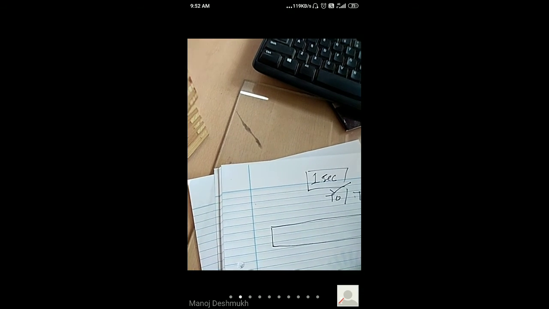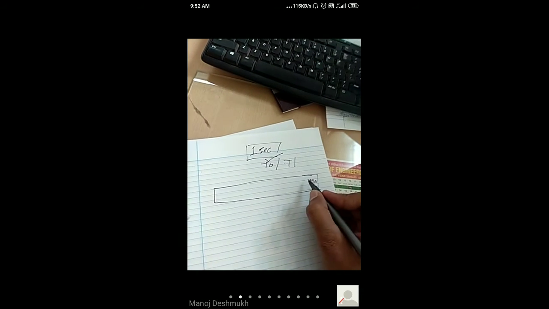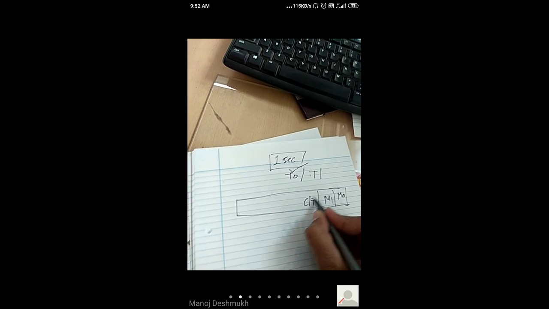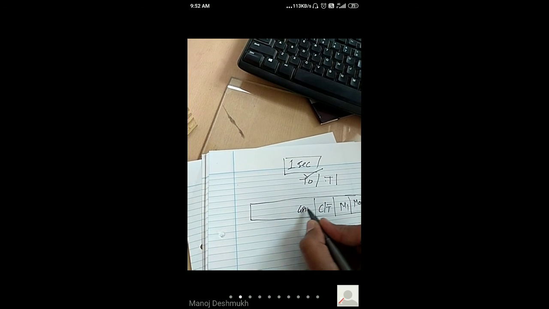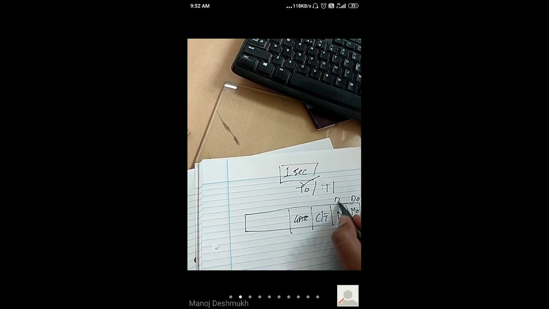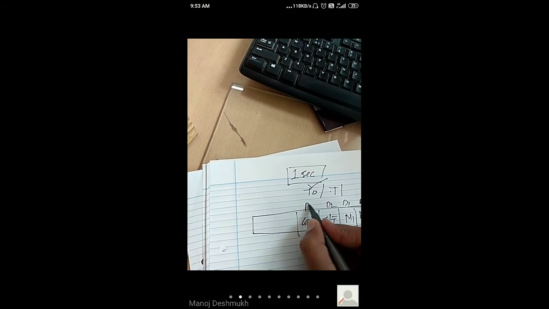First is M0, then M1, C/T bar, and then GATE. This is your D0, D1, D2, D3.